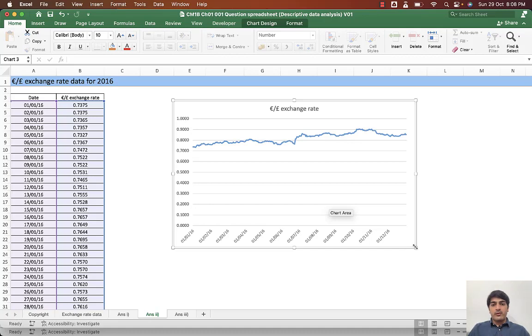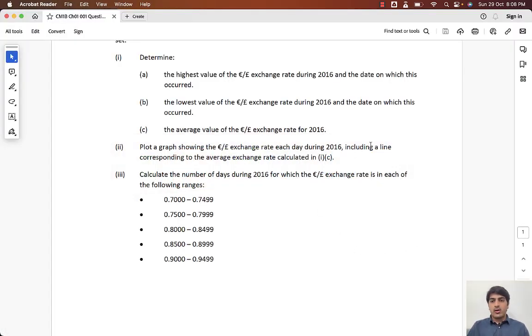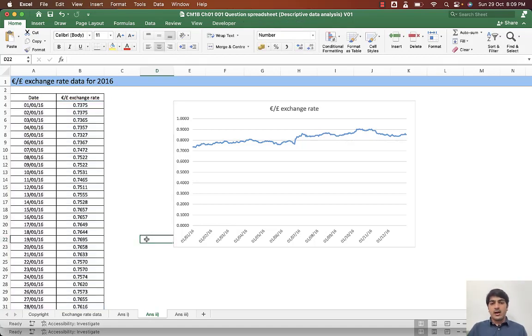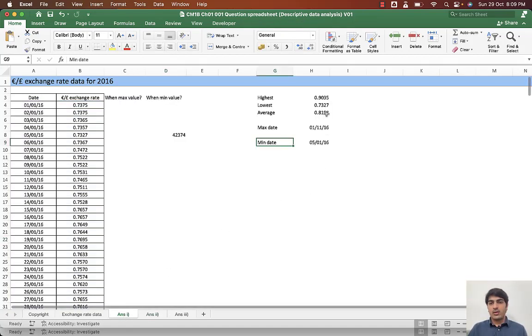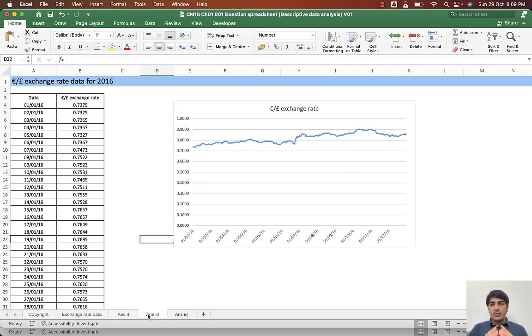Now if I read the question correctly, I understand that they also want a line corresponding to the average exchange rate. So this is the line chart for the movement of the exchange rate, and they also want a line for the average exchange rate throughout the year. Now we did calculate the average in answer 1, which was 0.8193. If I want to bring that exchange rate into my chart over here, the way I can do that is